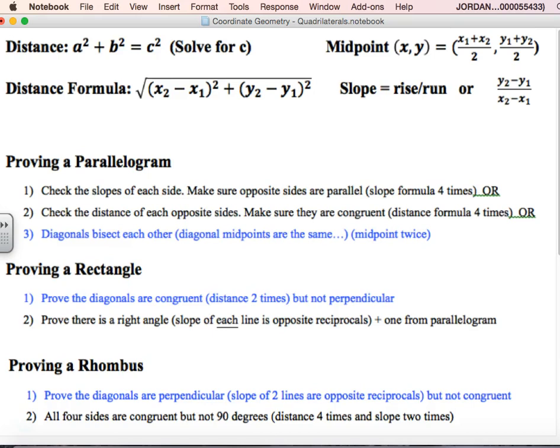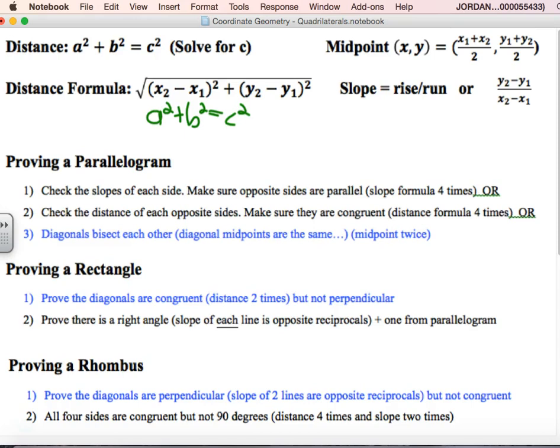All right, so there are the formulas up there that we'll need. Of course, you need rise over run to find slope, or you can do y2 minus y1 over x2 minus x1, and then the other formulas that I gave you. For distance, again, you don't have to use the whole distance formula. You can just use the Pythagorean theorem by counting on the coordinate plane. And then down here we've got some